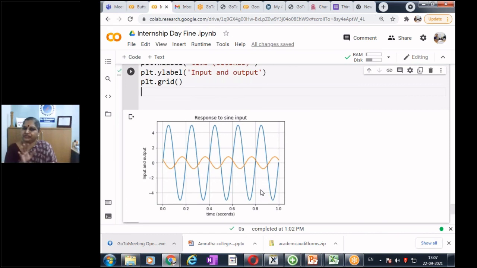Based on whatever we have covered today and in Multisim, I'll give you a small circuit for implementing in Multisim Live as well. I wanted to do one example. Okay, I will do it in the next class. Tomorrow I have some other commitment, so we will go ahead as planned with the quiz that we had planned for tomorrow. It will be posted, and I don't think there's any break. We'll continue. We have the next class on Friday.